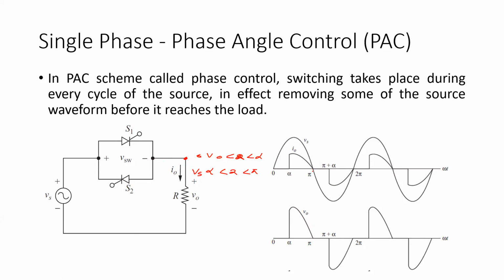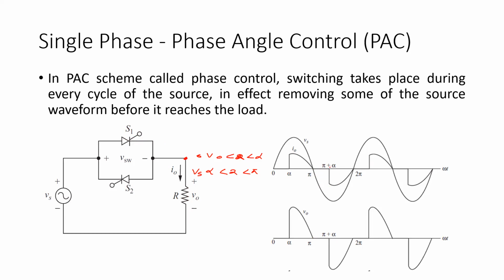After reaching the 0 voltage, this S1 will stop conducting, so it will automatically turn off. That is how thyristors turn off: when the voltage is getting negative, it will automatically turn off. So then there will be no voltage at the load. Now the negative half cycle is continuing.